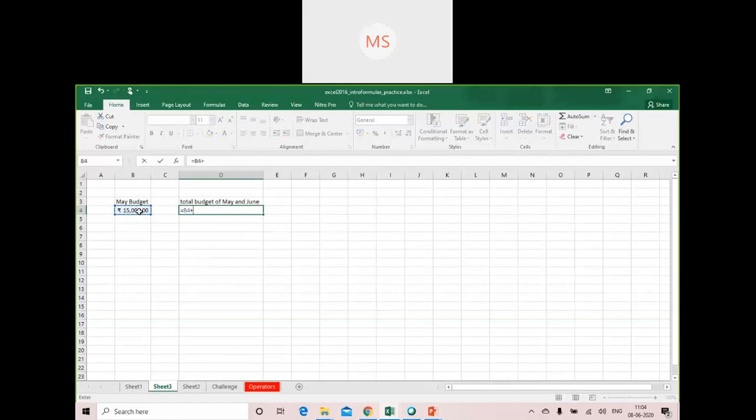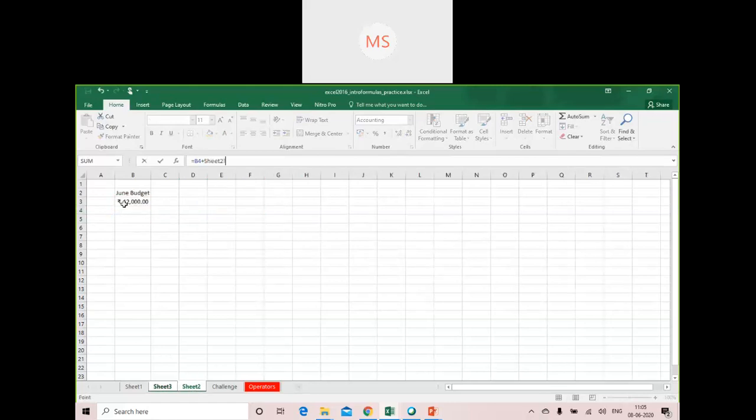Okay, I write B3 here and I do addition, so it does not return a proper value, because the B3 which I have applied here belongs to the current sheet, whereas in sheet 2 I have used B3, that doesn't belong to the sheet 3.